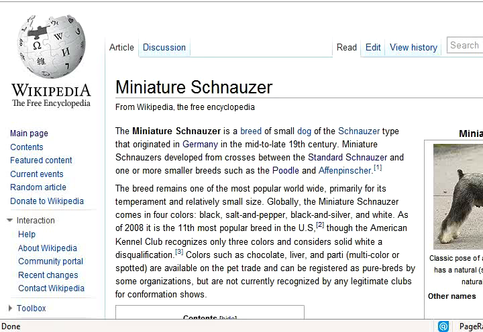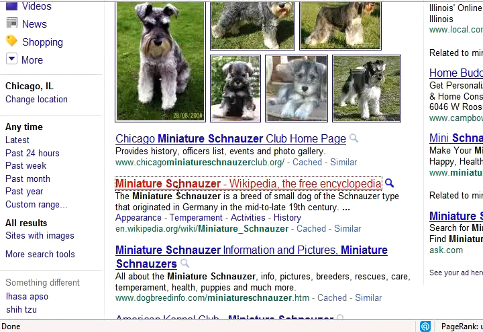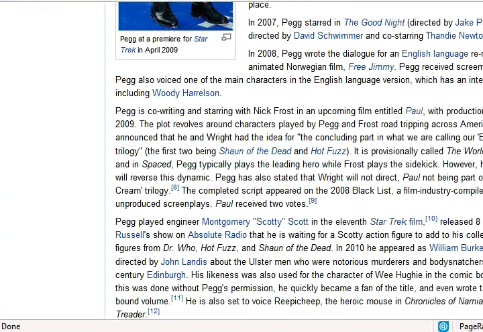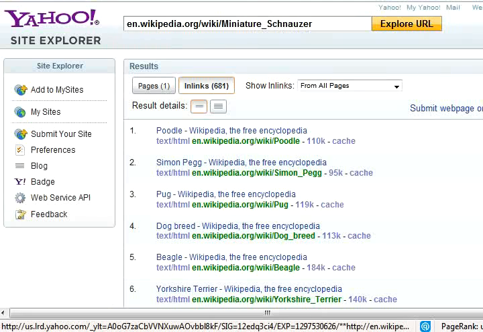So you want it to look natural and make it look like you're a real, legitimate Wikipedia editor contributing to the Wikipedia community. Okay, now I'm going to give you the mother of all techniques to bump a Wikipedia article like this out of position so that you can take its position, and that is to get that dang thing just completely deleted. What you're going to want to do is, and this might not be possible for an article like Miniature Schnauzer, it's not possible, but for an article